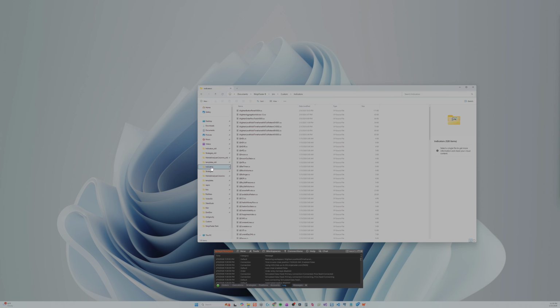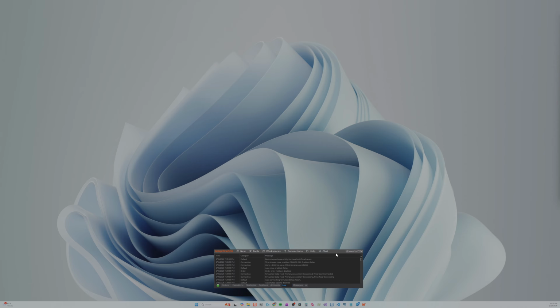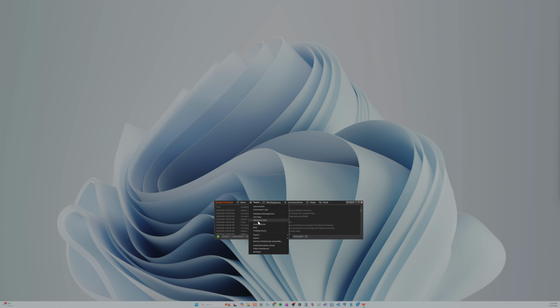Then I'll go into the new folders after the install and I'll do the same for the new folders. So indicators, strategies, market analyzer columns, and templates. That's something I found is helpful so that I can quickly grab old indicators and bring them into the new installation of NinjaTrader. I've already moved just the indicators that I need, so everything's super snappy and fast. Love it. And I've got one other thing: I use the